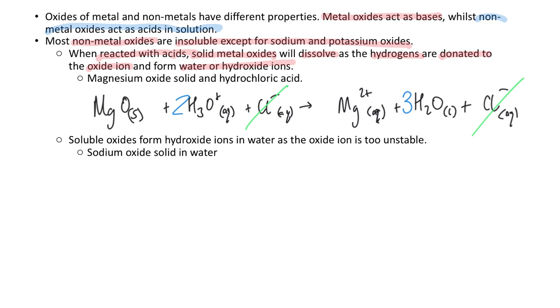Soluble oxides form hydroxide ions, so like your sodium oxide and your potassium oxide, they form hydroxide ions in water as the oxide ion is too unstable. So sodium oxide solid in water, so you've got your